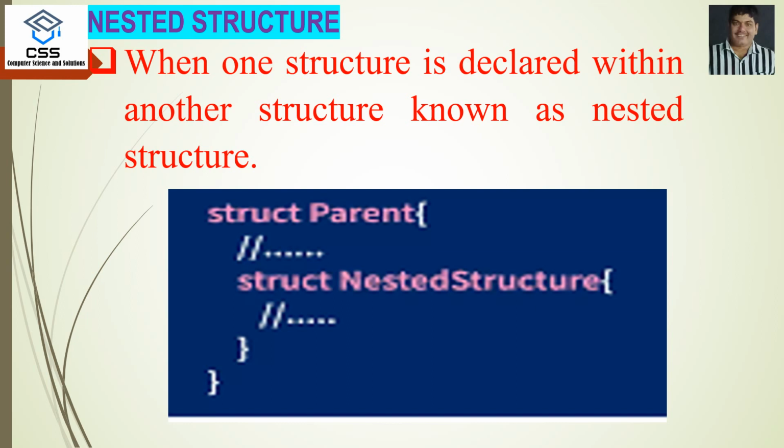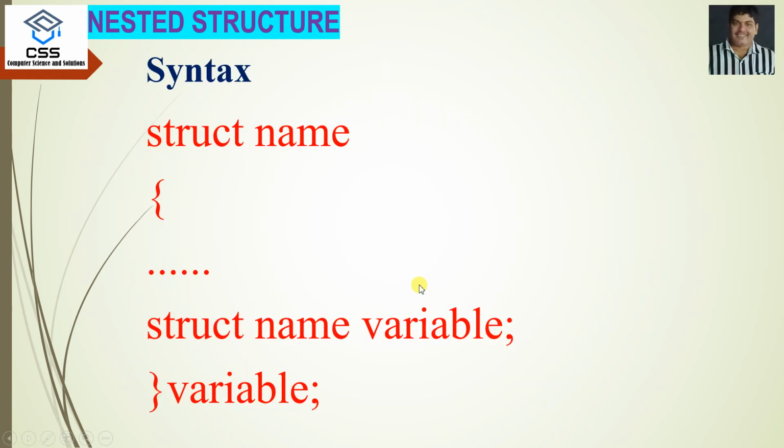In two ways, the nested structure can be declared. Like struct structure name, followed by another structure variable, where the structure name is the parent structure, the main structure. Within this structure, if we declare another structure variable, struct structure name, structure variable, that is also known as your nested structure. In the other way, we can declare that is